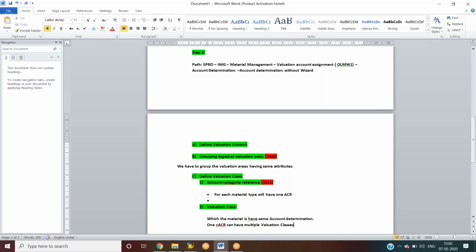Okay, but valuation classes, generally we will have based on the number of material groups.